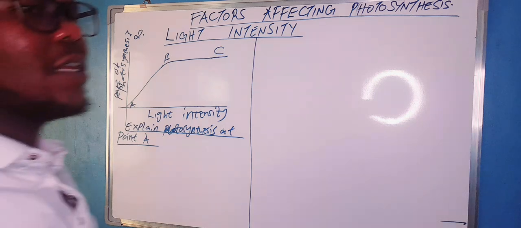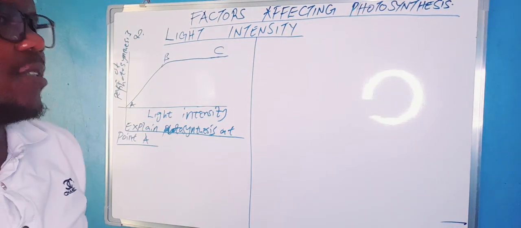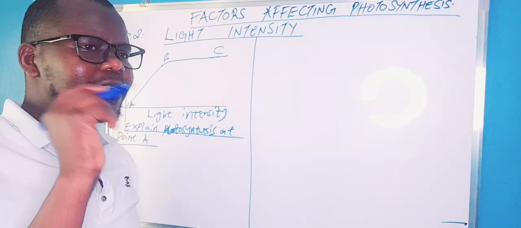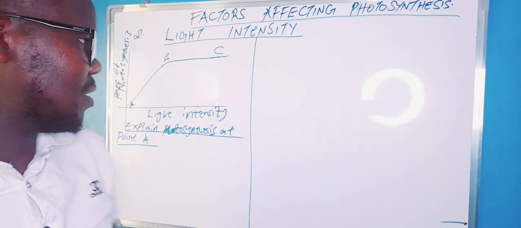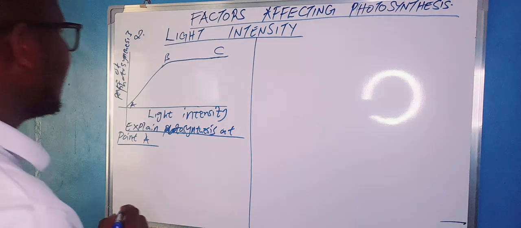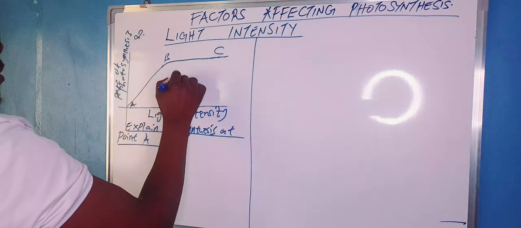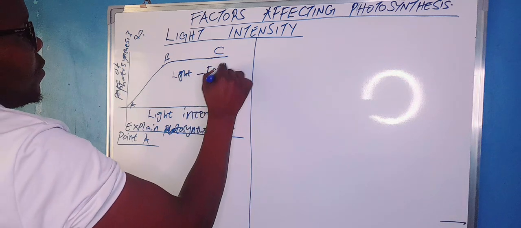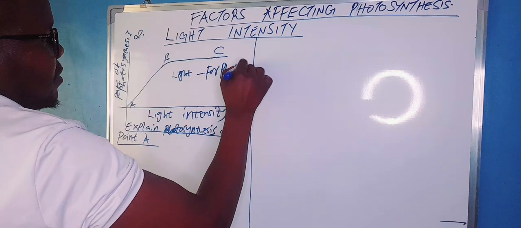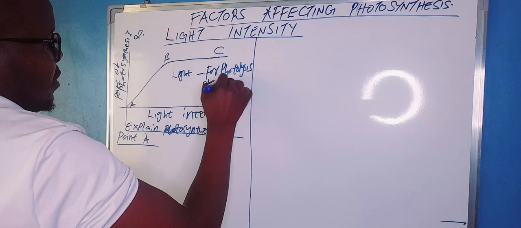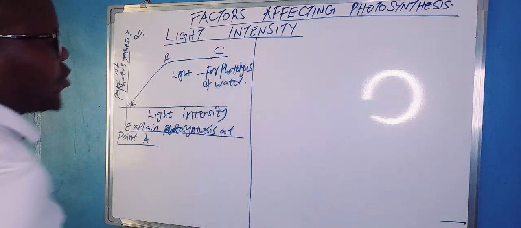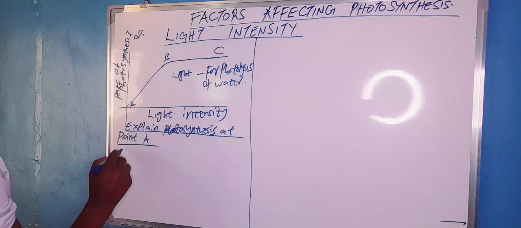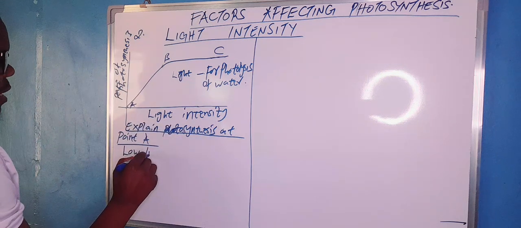Before we do that, what is the role of light when it comes to photosynthesis? The role of light is for the photolysis of water. Light, we are saying what? Role of what? Light is to do what? For photolysis of water. It's for the photolysis of what? Water. And we are saying here, when the light is low, so we are saying low light intensity